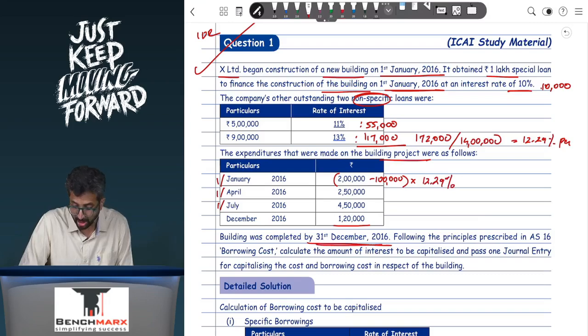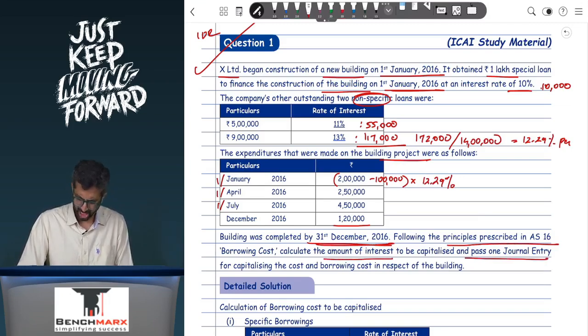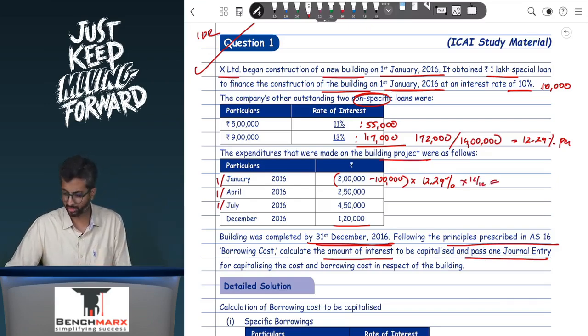The building was completed by 31st December. Let us say we are solving for a calendar year. Following the principles of AS 16, calculate the amount of interest to be capitalized and give one journal entry for capitalizing. So we will say this will be for the 12 calendar months. So this will be 1 lakh